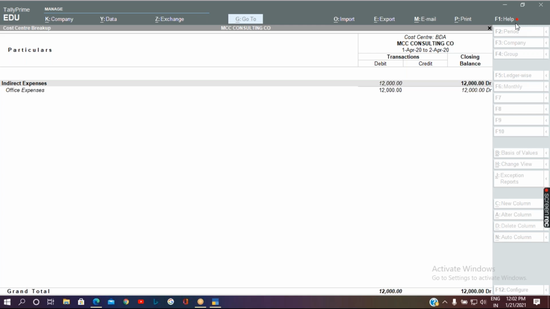So what are the other types of expenses? We are going to deduct the TDS on those expenses, so it is not applicable here. There may be a question in your exam: will TDS be deducted on all the expenses you make in your business? No, TDS will not be deducted on all the expenses. TDS will be deducted on those types of expenses which are specified as per the Income Tax Act 1961.